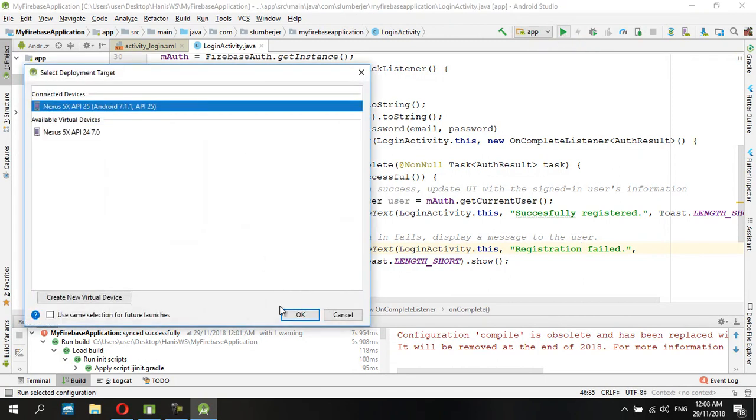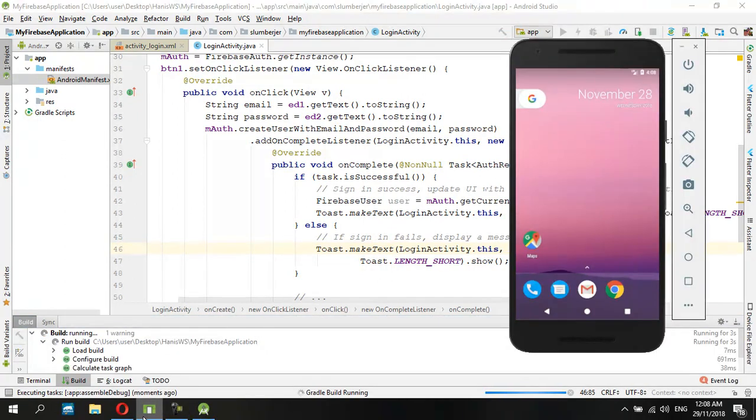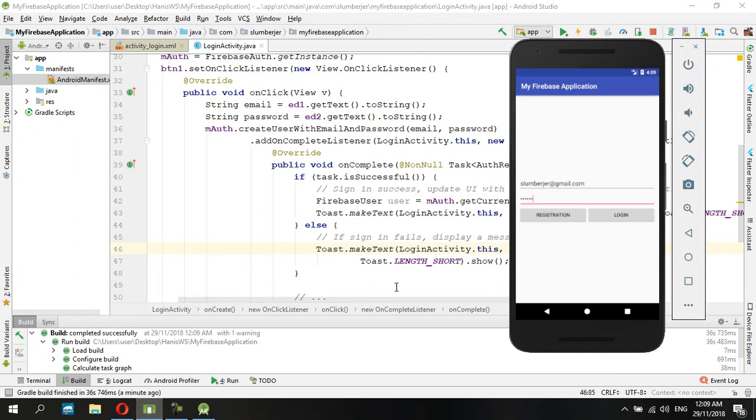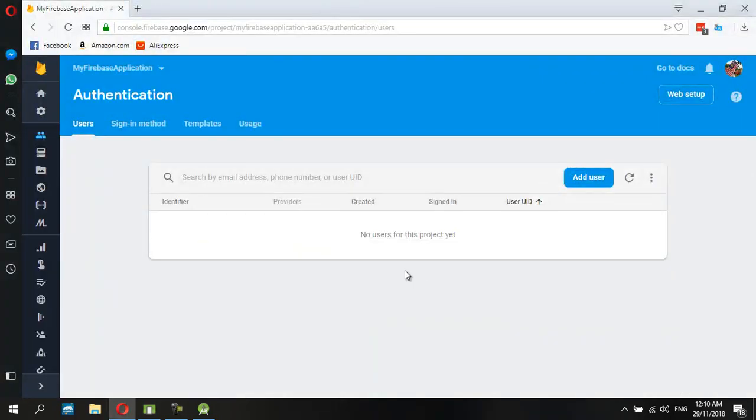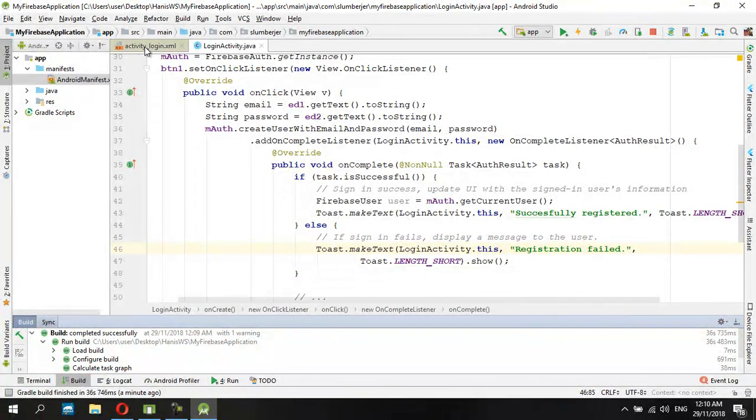Click run, press OK. So we're going to have our application running here. Alright, now this is the application. So input your email and also your password. Click on the registration. You should receive successfully registered, and you can check your authentication, and you can see now we have our authentication successfully with Firebase. Email created, sign in, and the password is here. So our application now successfully registered with